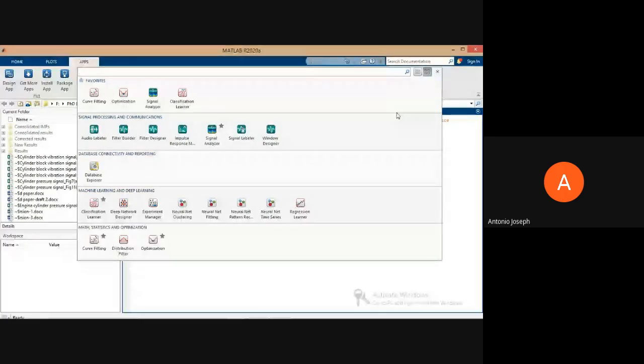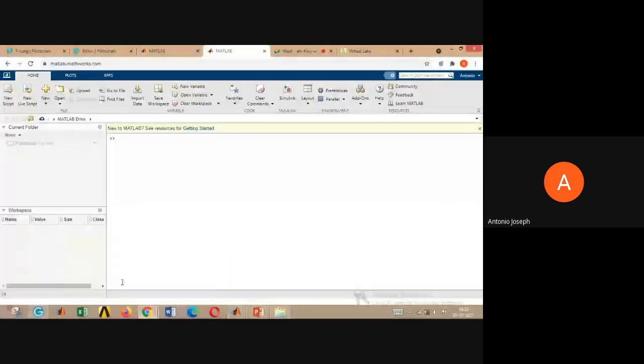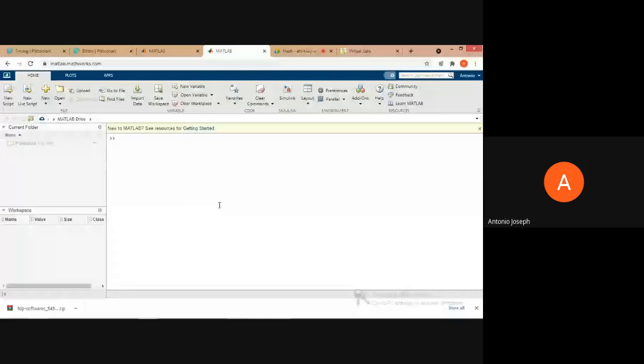Okay, so now moving back to the online version. Now I will show how we create things. See, I'm just giving the value a is equal to 7 and suppressing it using the semicolon. In the workspace, see the value is given. A matrix is created with the variable name a and the value 7, and it shows the size is 1 by 1. It's a 1 by 1 matrix.